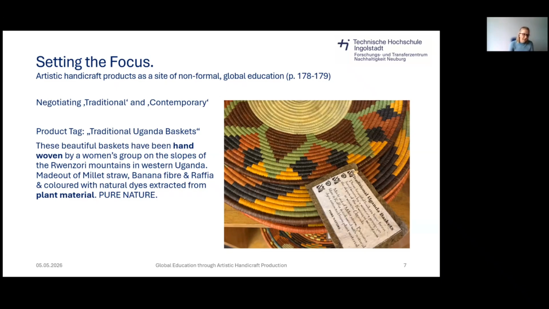This is a photo that I took at one of the craft shops that is very, very stereotypical for a Ugandan craft shop. So the product tag here reads: traditional Uganda baskets. These beautiful baskets have been hand woven by a women's group on the slopes of the Rwenzori Mountains in western Uganda. Made out of millet straw, banana fiber, and raffia, and colored with natural dyes extracted from plant material, pure nature. Okay, what we can see here